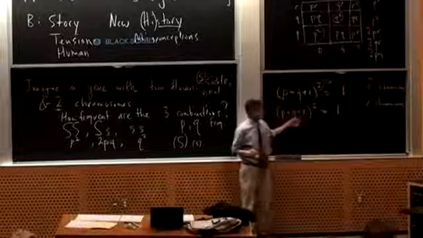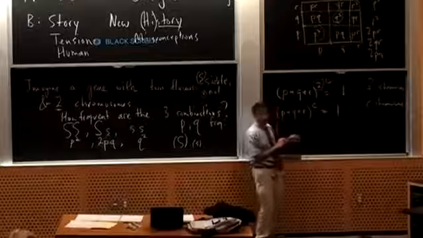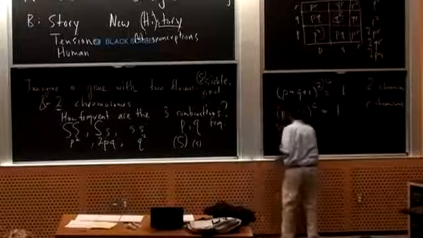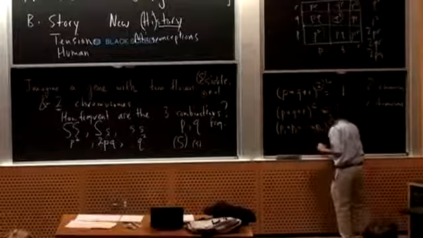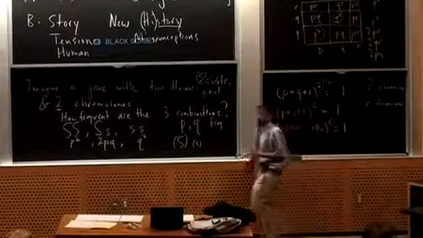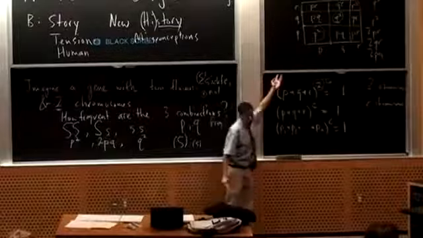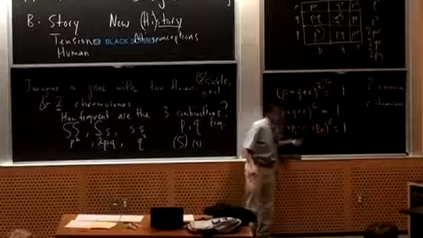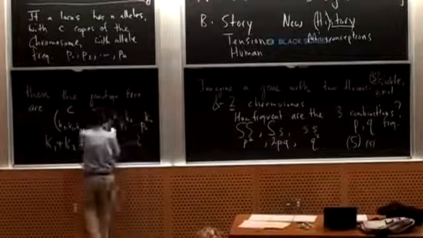So this is C chromosomes with 3 copies. Well, what happens if we have N copies? P1 plus P2 plus ... plus Pn to the C equals 1. And all you have to do is expand that out. You can use a square in higher dimensions, or you can actually use formulas from math. And that's where these come from.